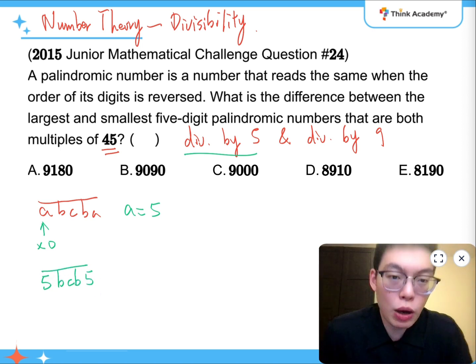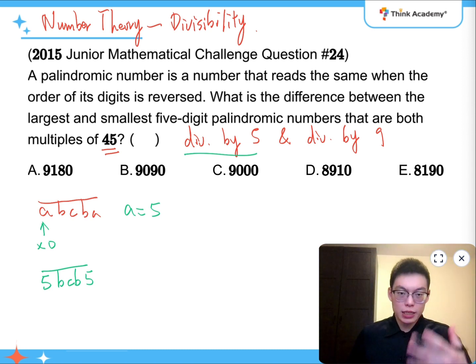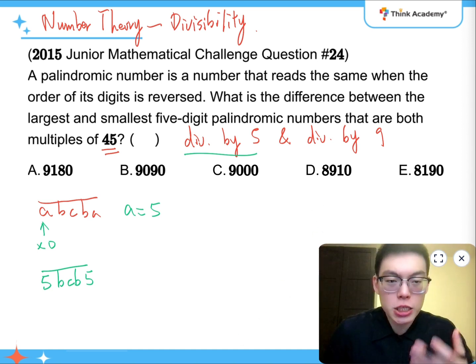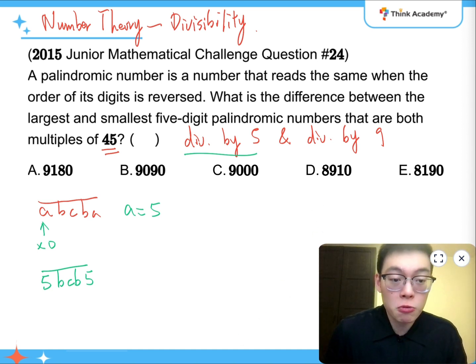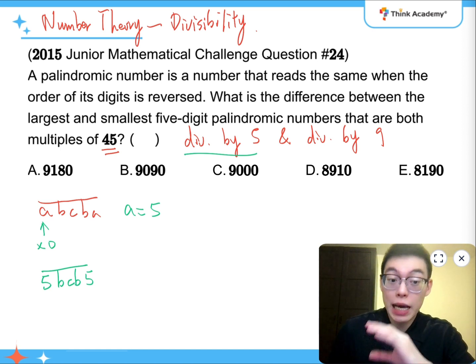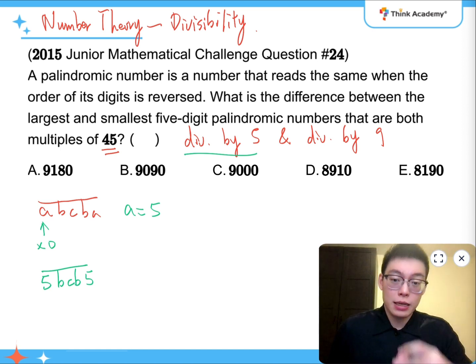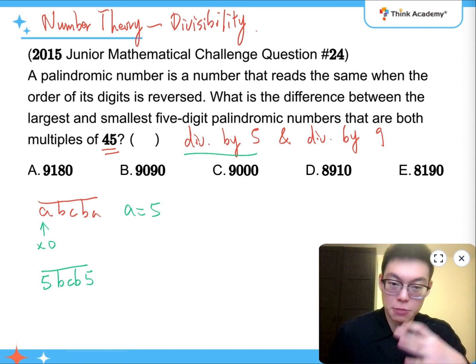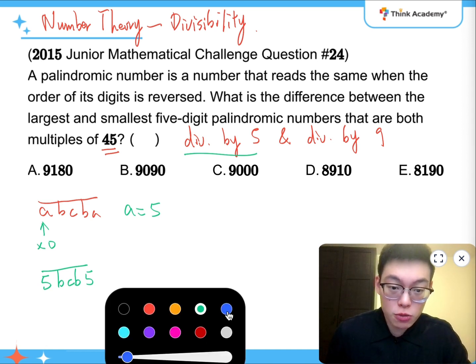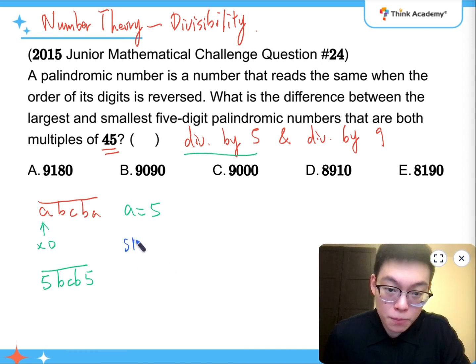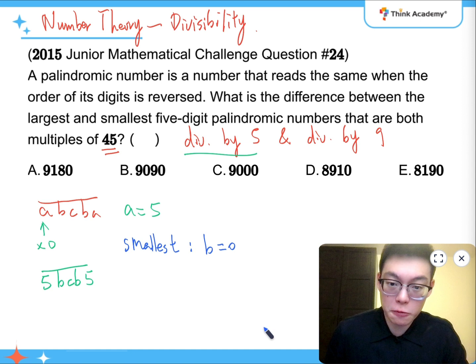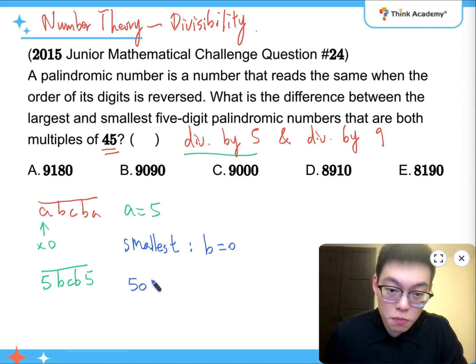All right, and now I want to find the difference between the smallest and the largest possible such numbers. So if you want this number to be as small as possible, of course, you want the largest digit to be as small as possible, right? But since now we have the 5 there already, the largest digit I can change is B. So for the smallest possibility, B is just equal to 0. So we have 50C05